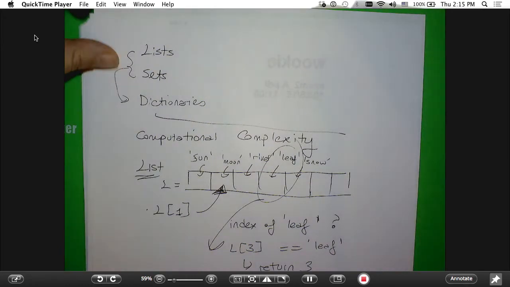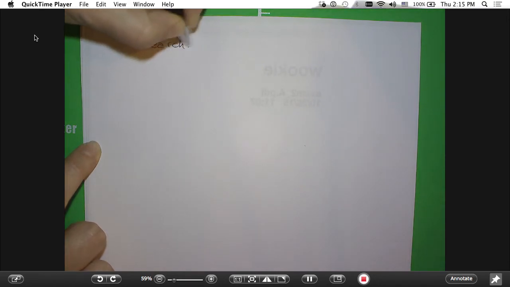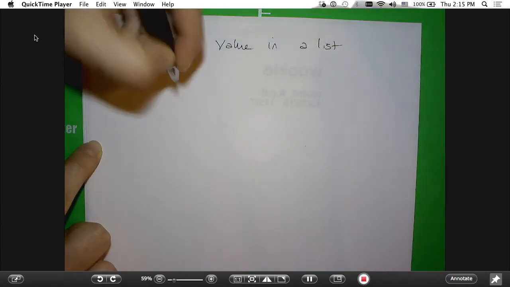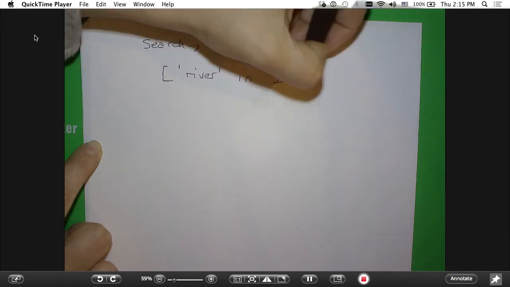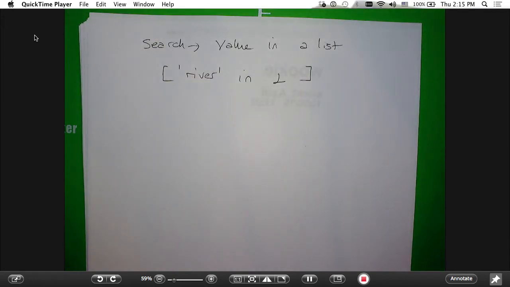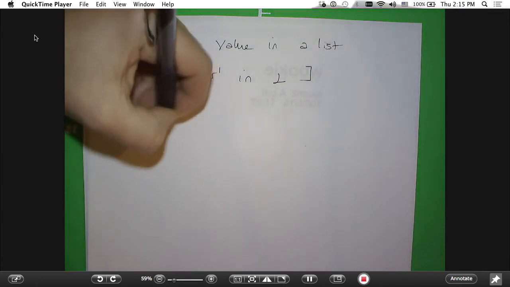So let's say this is called a search problem. So if I want to search for a value in a list, like river is in L, the only algorithm that I have is go through every single item in the list and then check if it is equal to it, right? So because of that, we care about how many things are in a list. So if there are 10 items in the list,